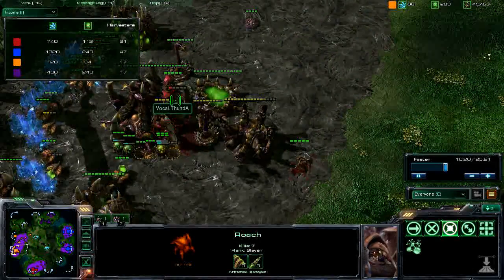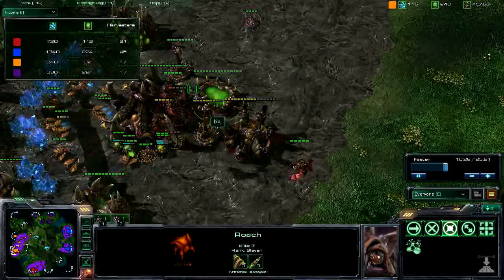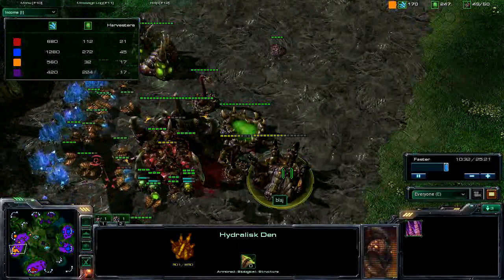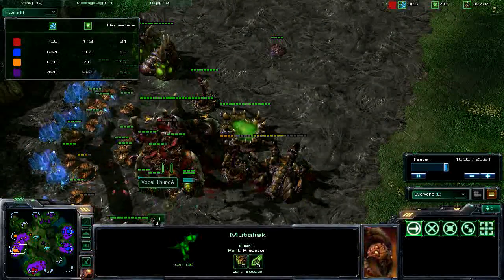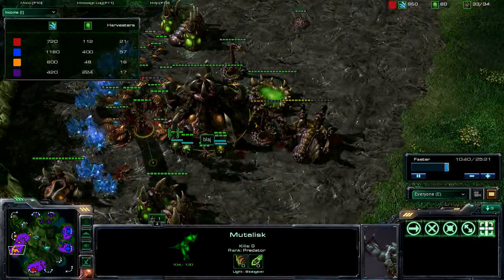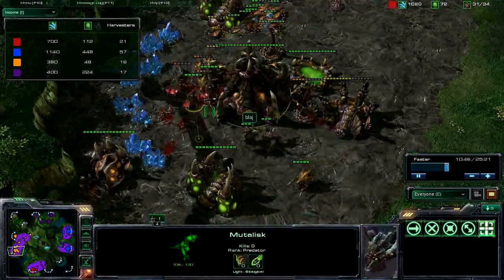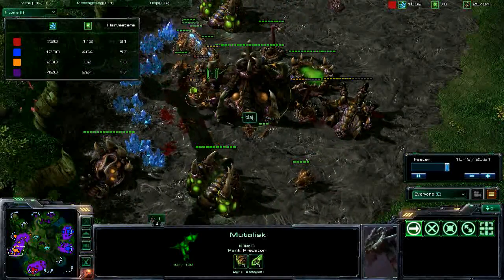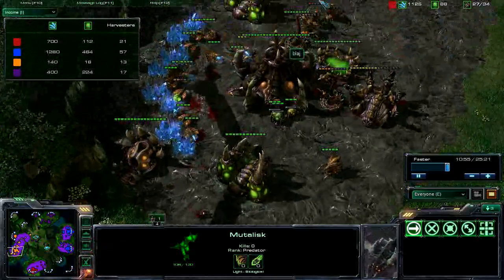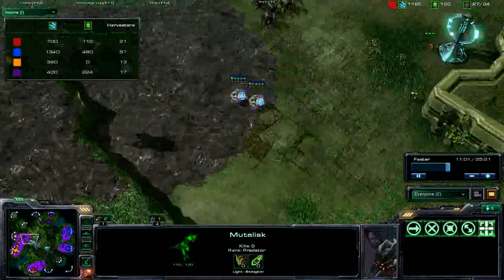But I send my mutas over, realizing that he does not have an appropriate counter set up aside from this Hydralisk den that he's building. So I'm picking away at his drones, and I decide to try and kill some of these Hydras, but end up losing most of my mutas. I should have pulled back there, but I guess I wasn't really thinking it would be a huge